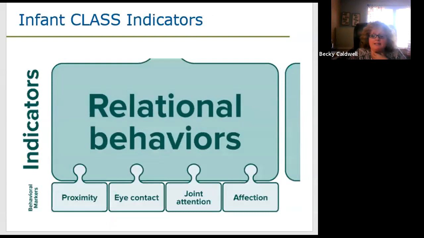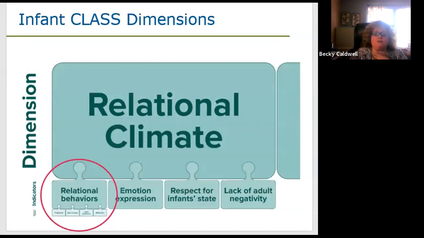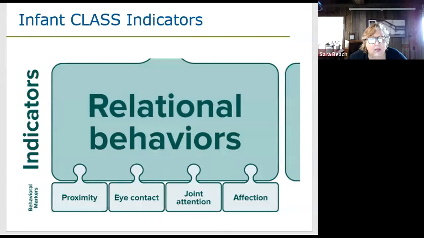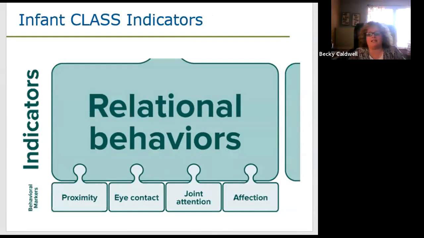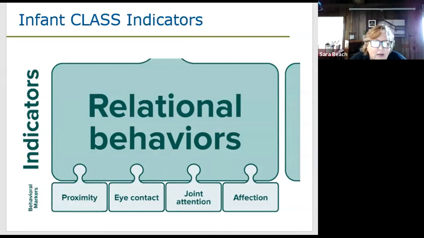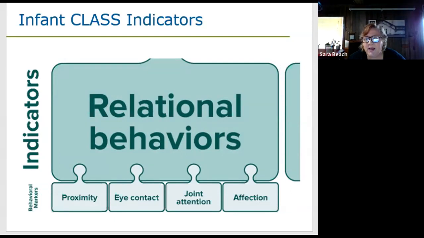Sarah, somebody sent me a message asking how this is different with the state of COVID. The only difference is that there are no reliable observers going out into classrooms right now doing these assessments. I think they're in relation to the tool, because of the relationships and children sitting close, they can't measure that. Well, with babies, they still are getting a lot of close contact and close attention. We're not able to social distance with babies.